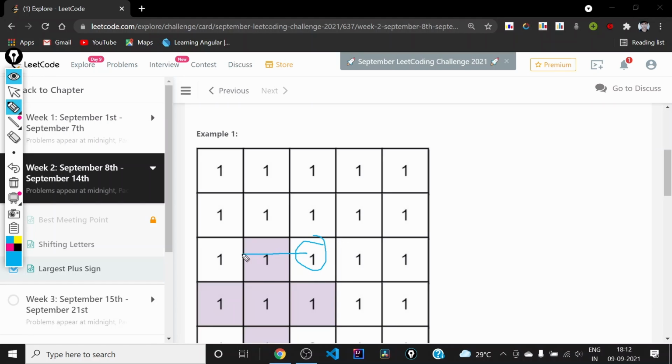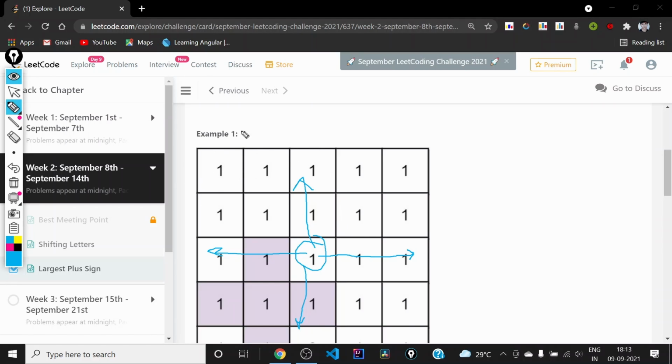We find the number of cells we can go towards the right that have only ones, and the number towards the left. So we first go left and count the cells, then go right and count, then go up, and then go down. Among all these 4 quantities, we take the minimum to find the order of the plus possible at this center.